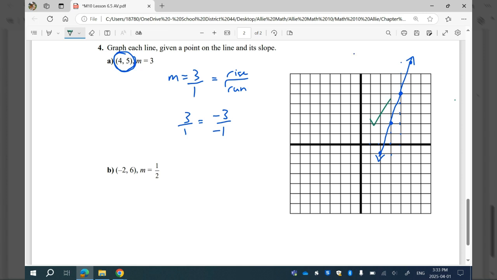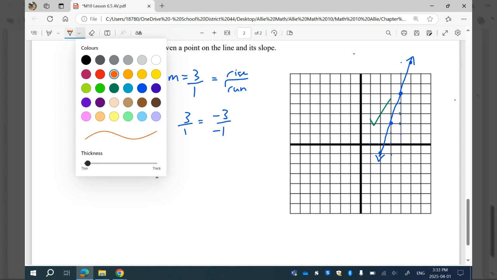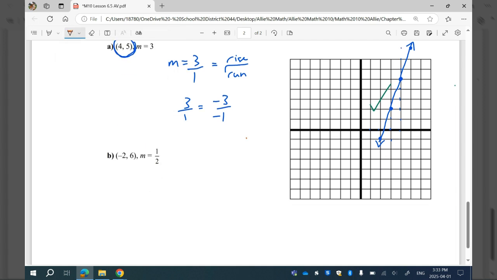And then let's do our other one. Maybe I'll use another color, red. Let's start at our point. We know this point for sure is on our line. It's at -2, 6. So -2, 1, 2, 3, 4, 5, 6 up here. And then our slope is 1 over 2. So we rise 1 and run 2. It's positive as well, so we expect to move like a check mark. Start right there. Instead of going off the chart, let's go down one. So let's go -1 over